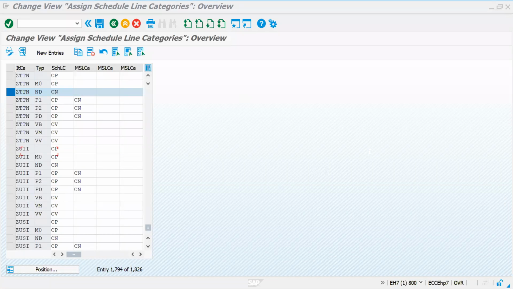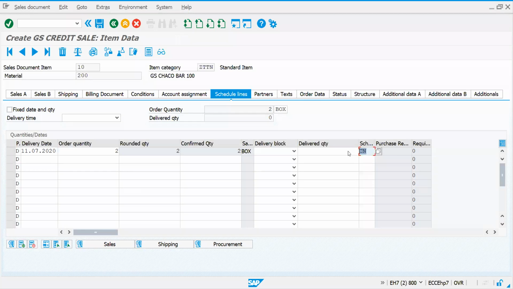Currently, what are you getting? You can see the sales order screen, right? Yes. Okay. When you are getting this, how are you getting it for your item category? What is your item category?